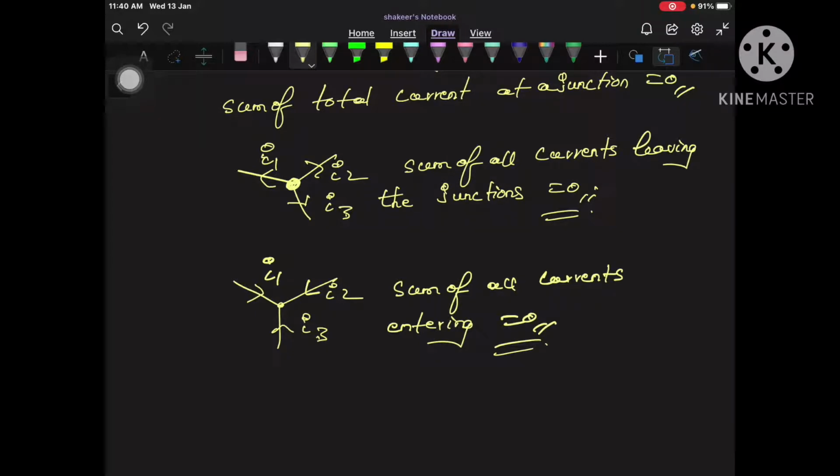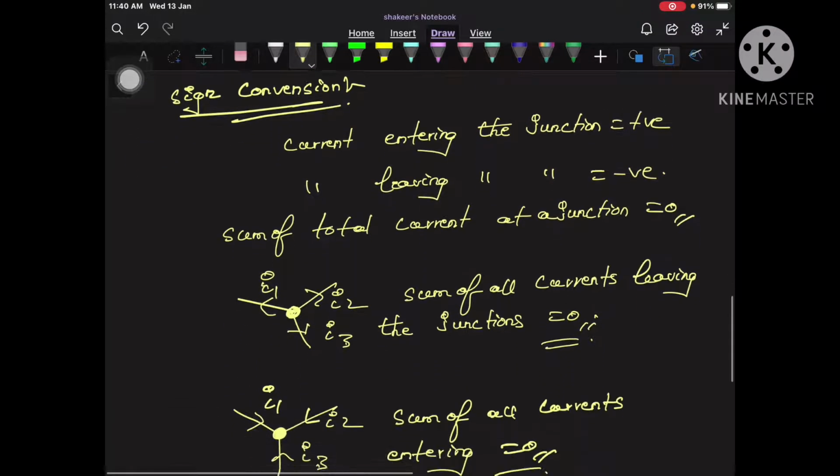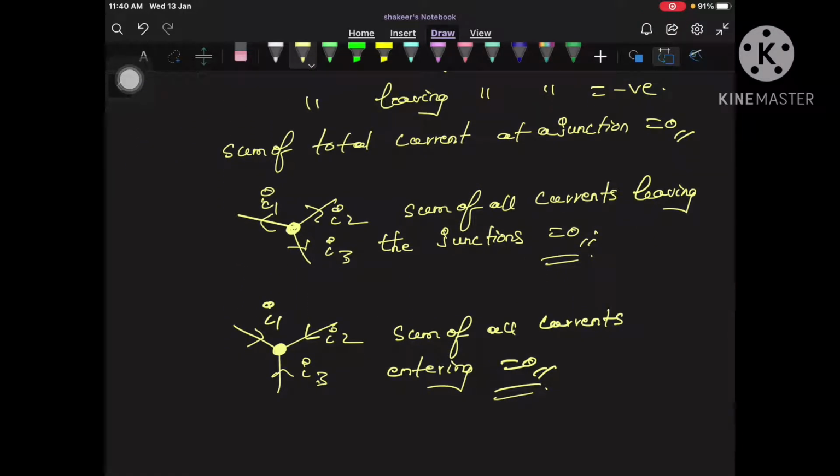Clear? Because charge cannot enter into the junction finally, because this junction, it cannot act as a storage of a charge here. Charge cannot be stored here. Charge must move on just like water moves in a pipe. Clear? So here also it means that some of the currents are entering the junction and some of the currents are leaving the junction. So in these many methods I can use the Kirchhoff's first rule, which is called as Kirchhoff's current rule. Okay. Now after this let us do some more problems to understand how to use this Kirchhoff's.